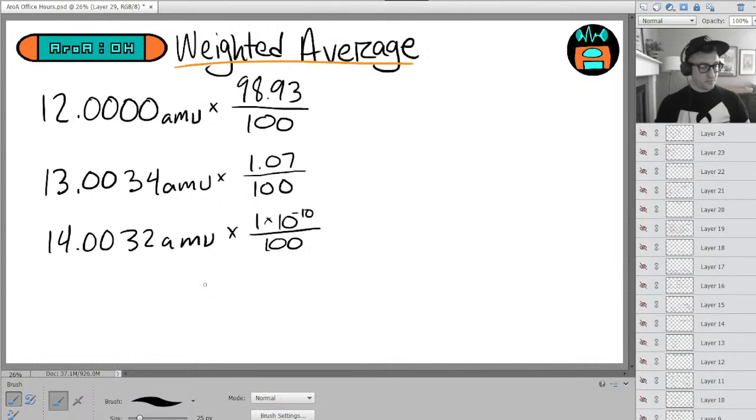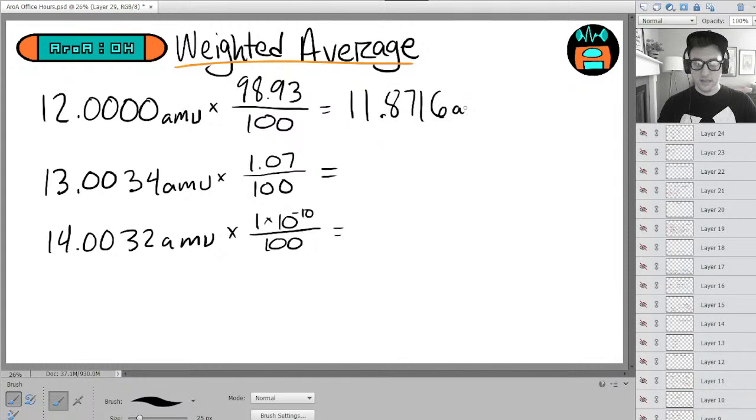All right, now let's crunch some numbers here. So first, we're going to multiply each isotopic mass by its percent abundance. Then we're going to add these three together. All right, so you multiply 12.0000 by 98.93 over 100, and it comes out to be 11.8716 AMU. Now, when you look at your sig figs here,